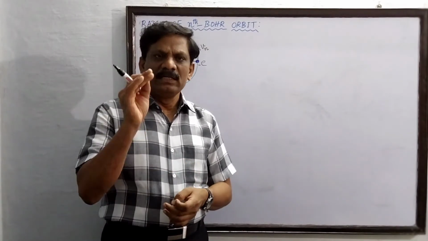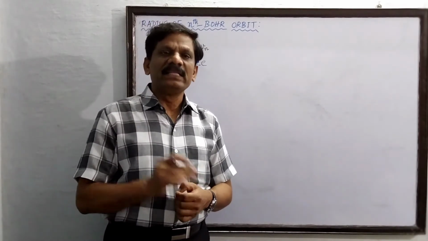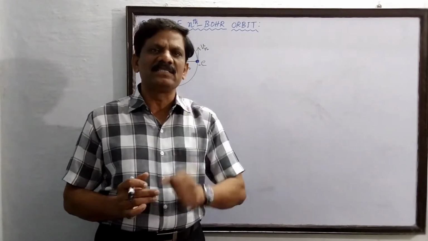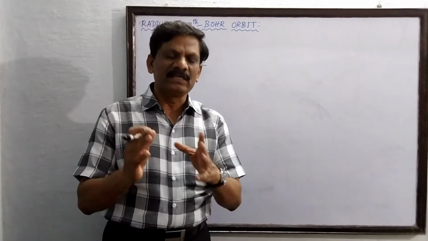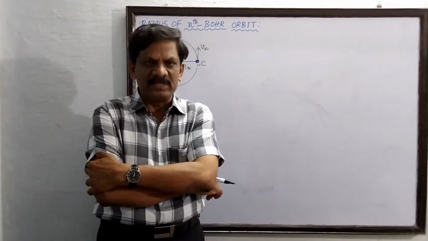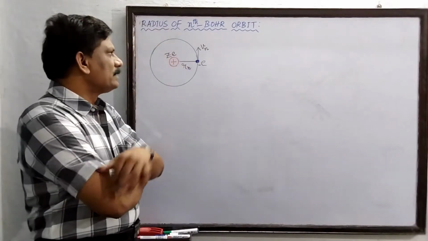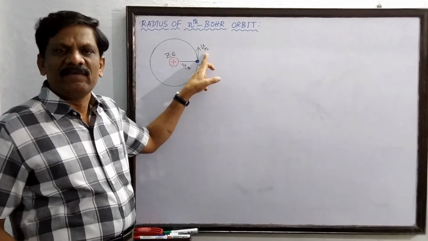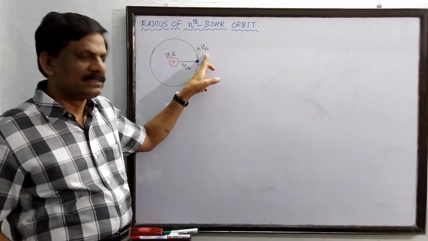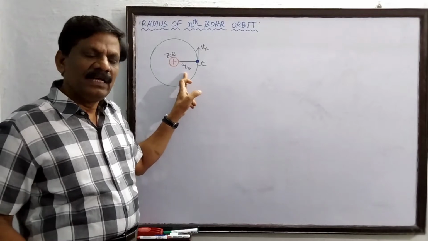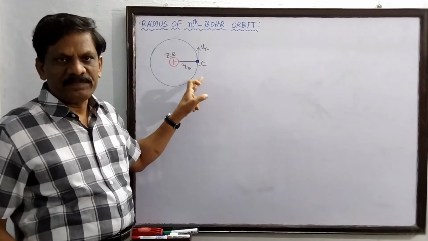At the ground state, that is when the energy is least for the electron, it will be at the shortest distance. This shortest radius, when n is equal to 1, is called the Bohr orbit. Now in its nth orbit, let Vn be the velocity of the electron. Okay students? Now we are going to derive an expression for the radius of the orbit of the electron.